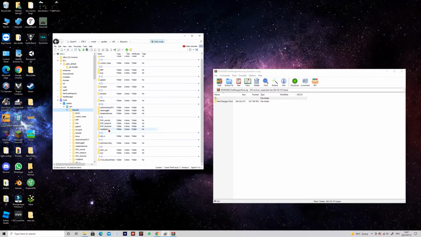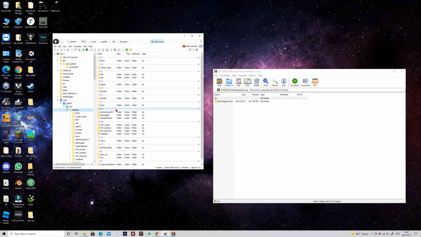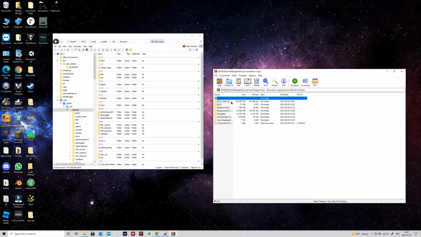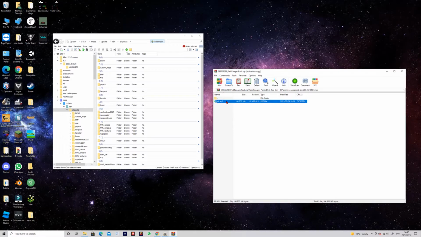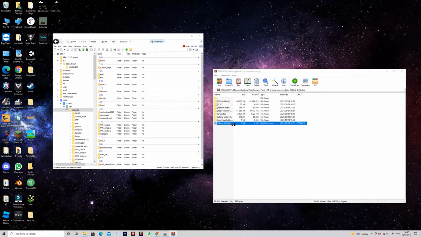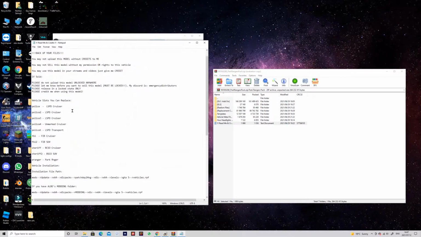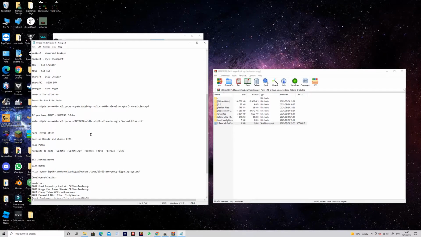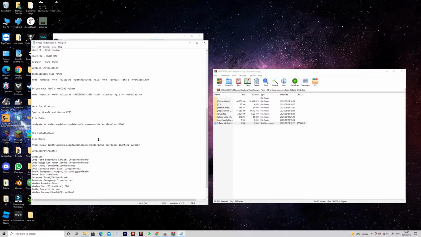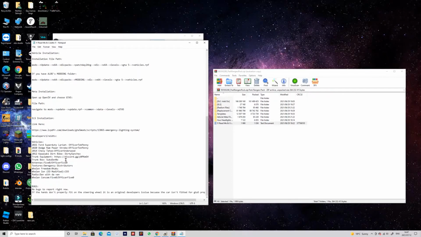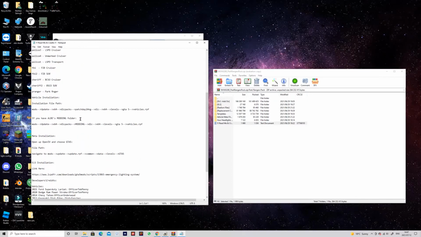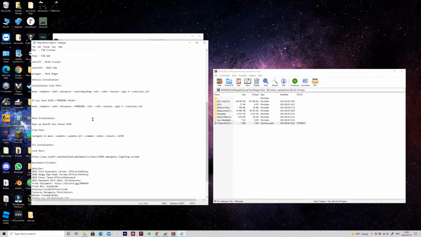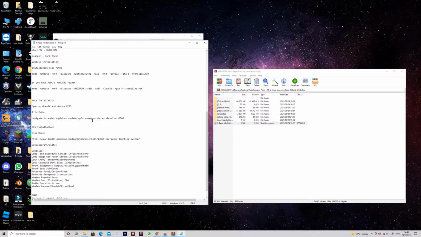So here you can see we have all the DLC packs that I currently have. So what you want to do is open that, and you click here, DLC add-on. So this is the DLC.rpf. But first, you want to read the readme. This is quite important, because here you can see it tells you how to install it, and also it tells you what you need to name the folder. I'll explain that a little bit later, but here it does not tell us what we need to